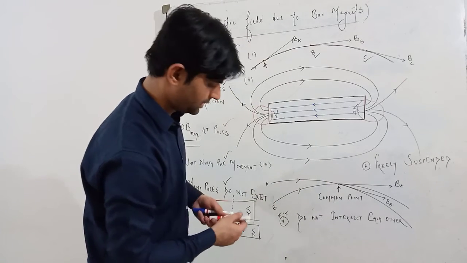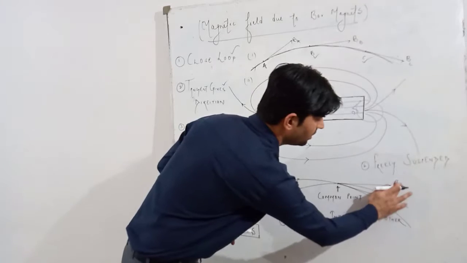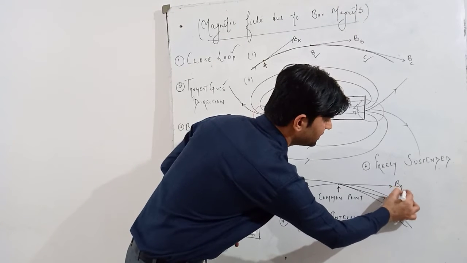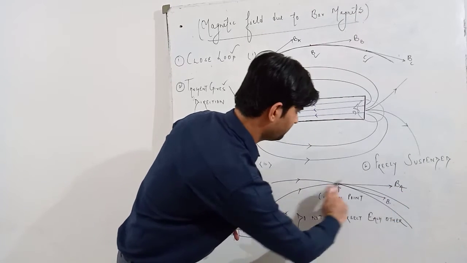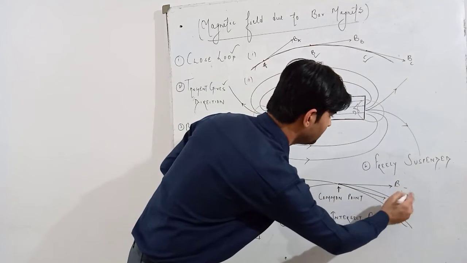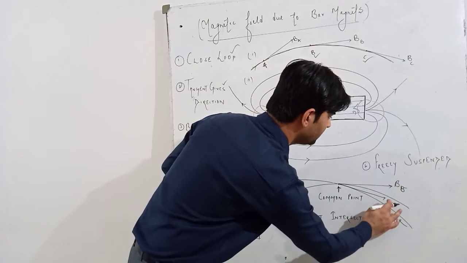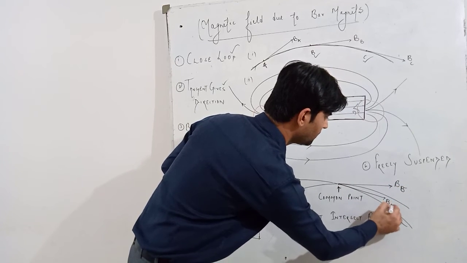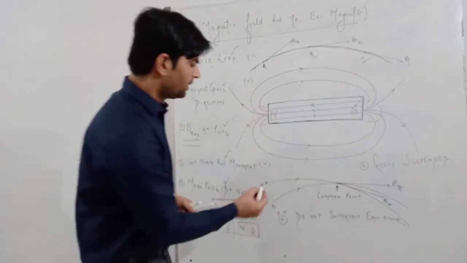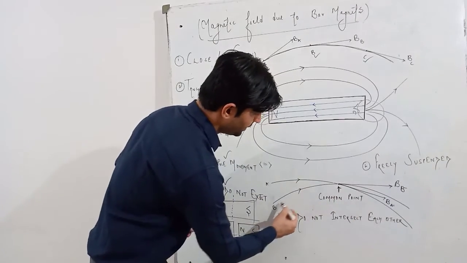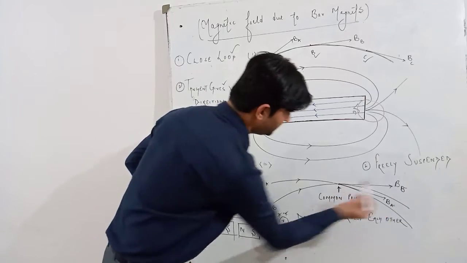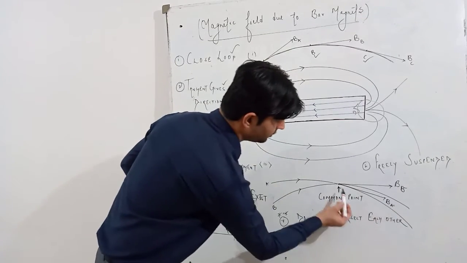Okay, I think I have written a little symbolic mistake there. This will be BA, and this is curve B, so this will be BB, and this will be BA. There is nothing wrong here. This is curve A and this is curve B. So for curve B, if you draw, this will be the tangent. For curve A, if you draw, this will be the tangent.